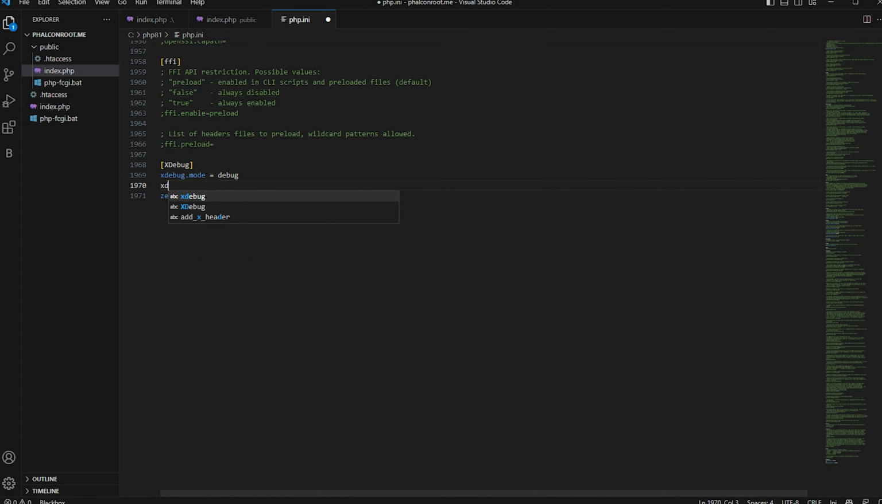Xdebug dot start, start with request, set yes. Xdebug start with request, and the extension xdebug. Okay,